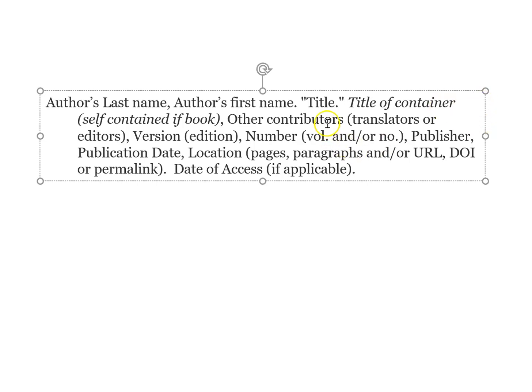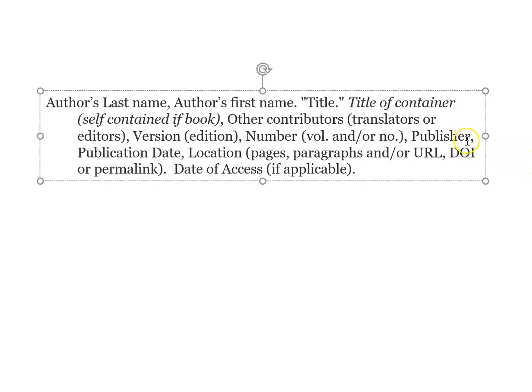The other contributors, this may or may not be relevant to the source that you have, but sometimes a text will have a translator, an editor, someone else's name there, so you could also include that information. It might be multiple editions, so it might be the second edition of the book, so you can include that in there. Sometimes you're just given volume and issue number. So say for a journal article, you would include the number. The publisher's name for a book,